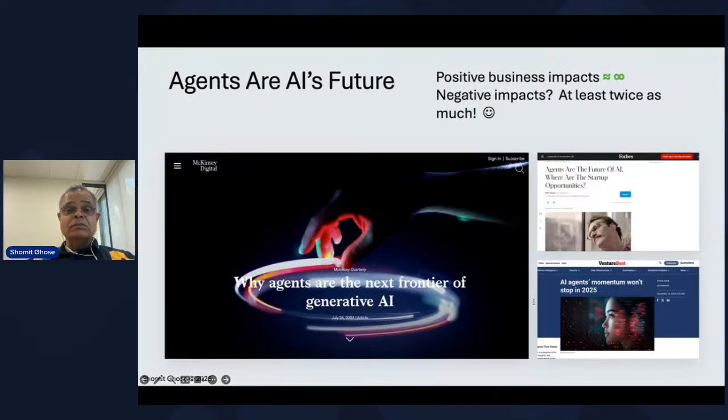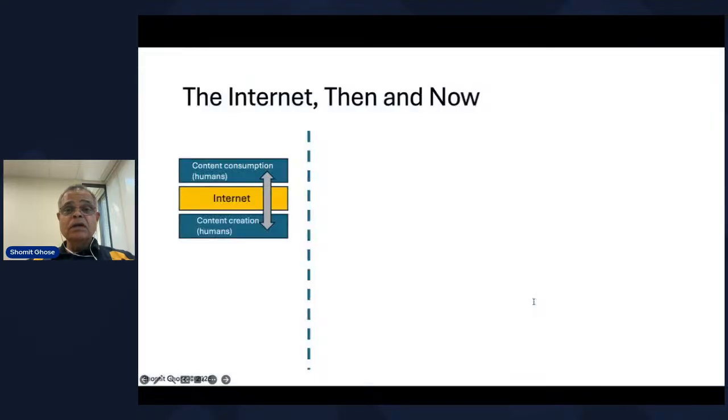Probably everyone's seen the press by now. It's pretty inescapable. Agentic AI is our future, and no ifs, ands, or buts. You can open up any news organ any day these days, and you can see just the cascade of news surrounding agentic AI. How profound will these changes be?